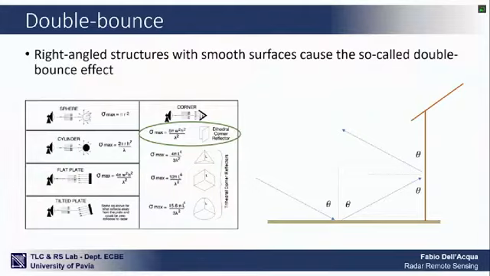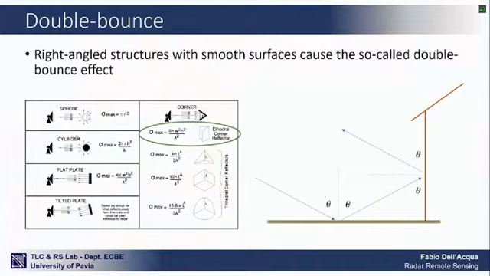Because if the building is oriented like this, then you shoot a wave to it and you get backscatter. But if the orientation was like this, not really, because your wave would bounce here, then bounce there, then go away. So it's not always for granted. In general, it happens, but